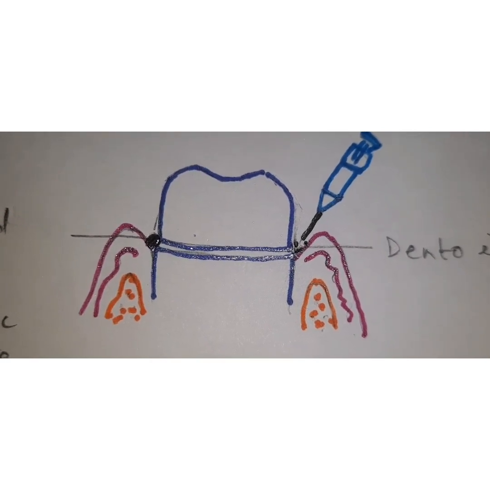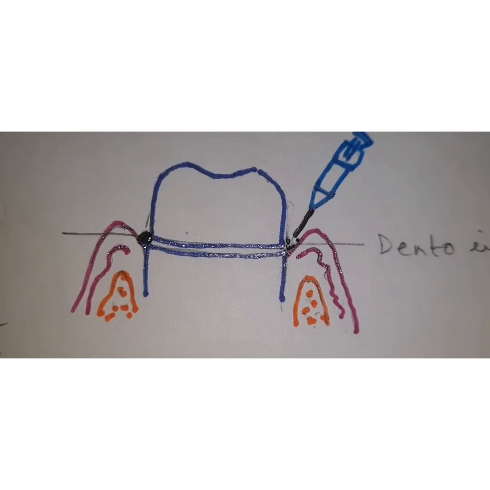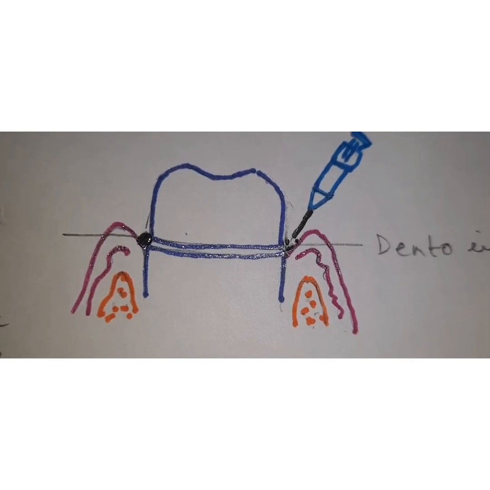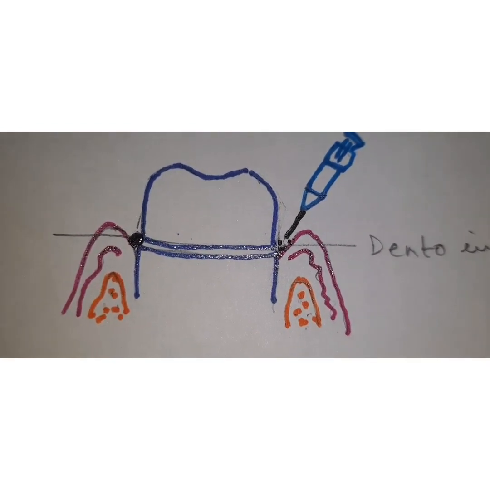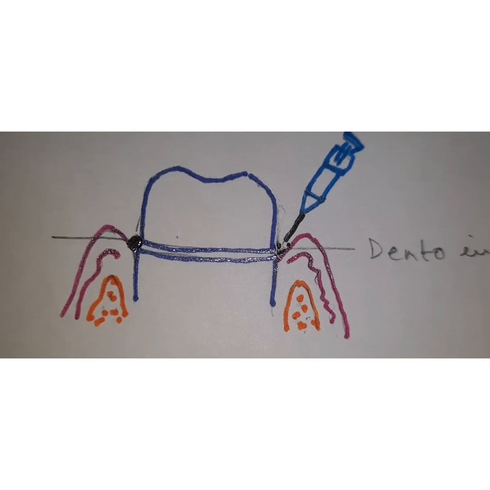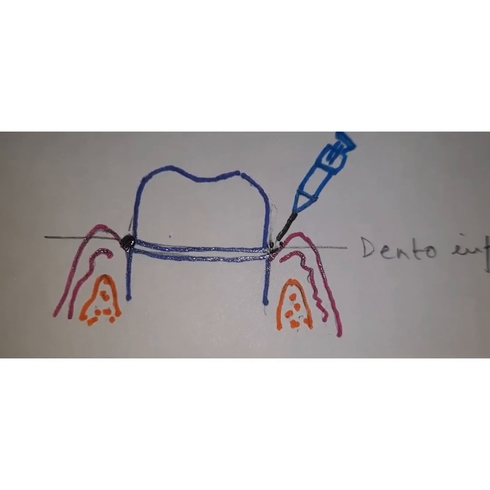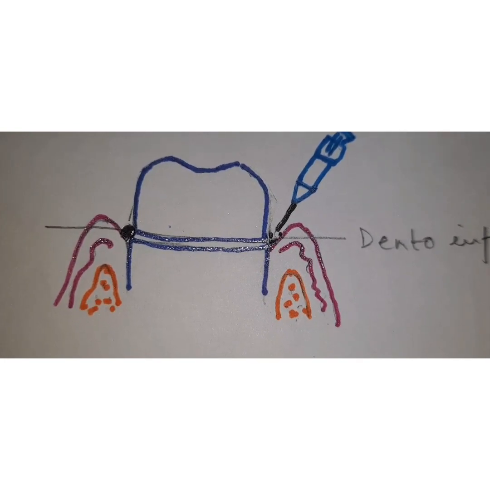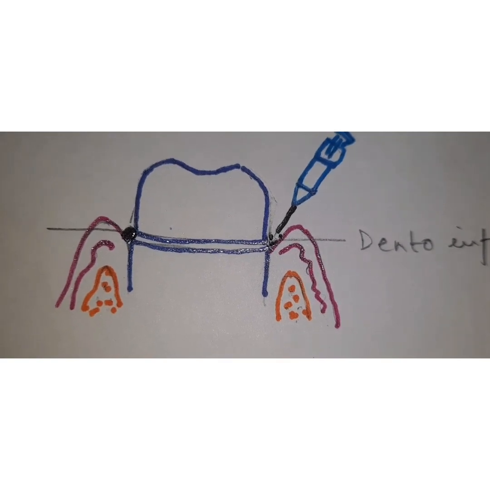Now, the time allowed for the cord to stay in the sulcus may not be sufficient for adequate lateral displacement of the sulcus, so you can wait for another 2 minutes in order to have adequate lateral displacement. Also, use of ferric sulfate may temporarily darken the gingival sulcus for a few days. So that is the drawback of using ferric sulfate as a hemostatic agent.